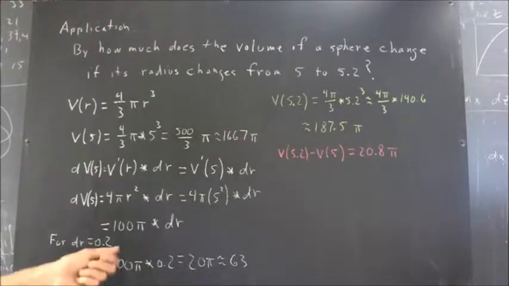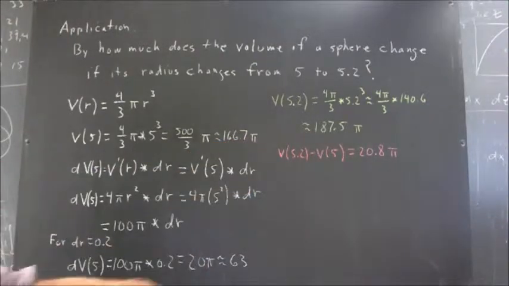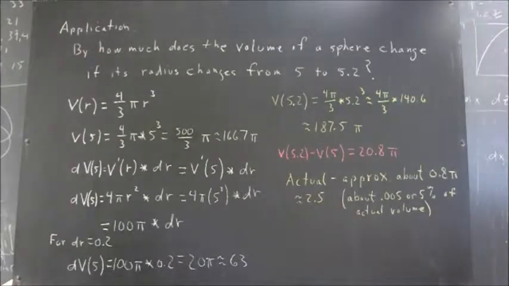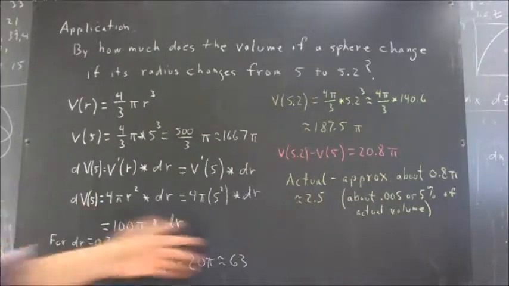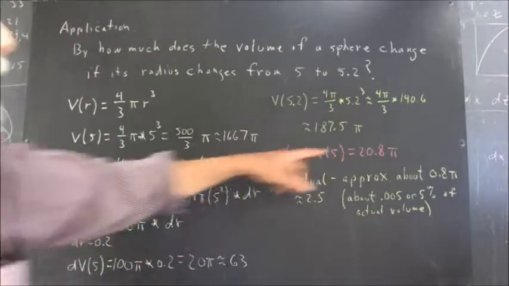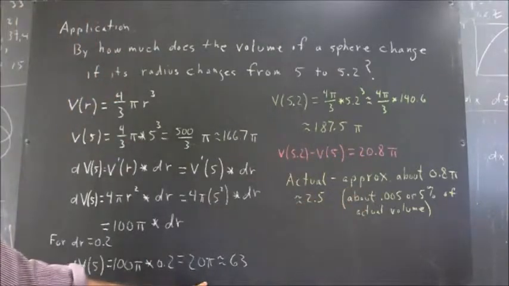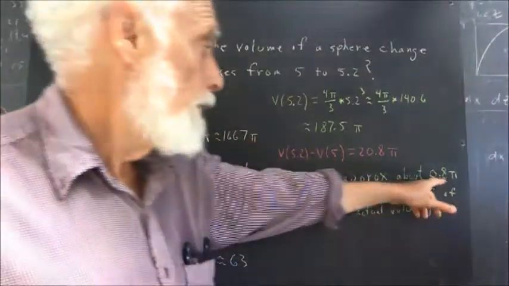So here we got 20 pi, here we got 28 pi. The difference between our actual difference and our approximation is 0.8 pi. Okay, so it's very clear that the difference between our actual and approximate values of the volume is 0.8 pi,